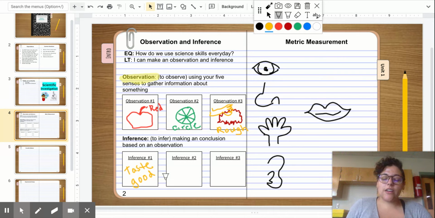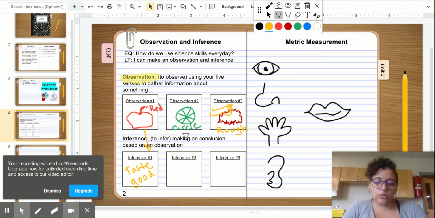It's not necessarily objective or something that everyone can see. It's kind of an idea that I make because of what I see. An inference about a bicycle wheel, like this circle bicycle wheel, could be that it is a fast bike because it looks like a nice round tire. That's a conclusion or decision I made. For a rough rock, I can make an inference that it probably broke from a bigger rock. And that's a conclusion I made. So observations inform